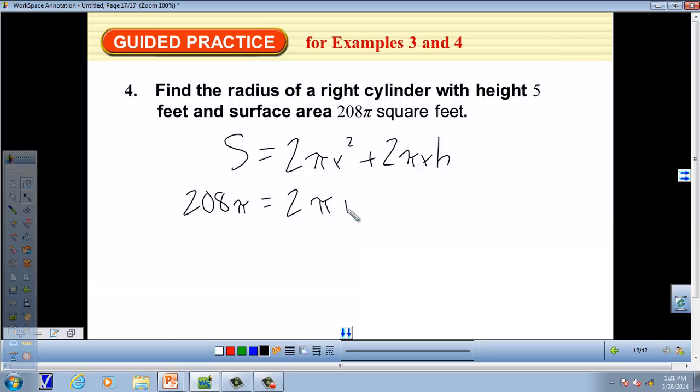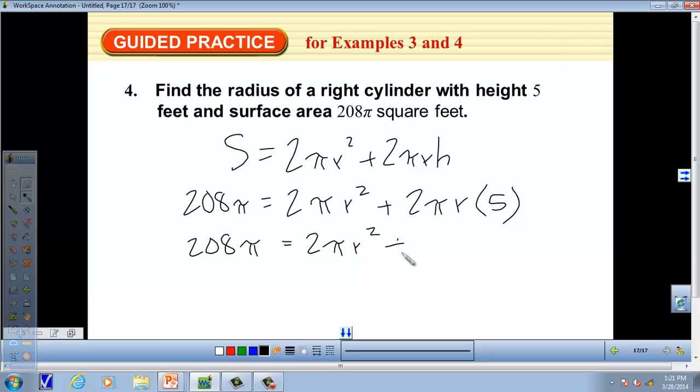We're going to do 2 pi r squared here plus 2 times pi times r times, it looks like the height is 5. So this is going to give us 208 pi equals 2 pi r squared plus 10 pi